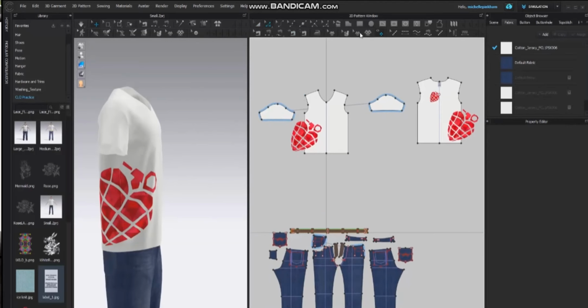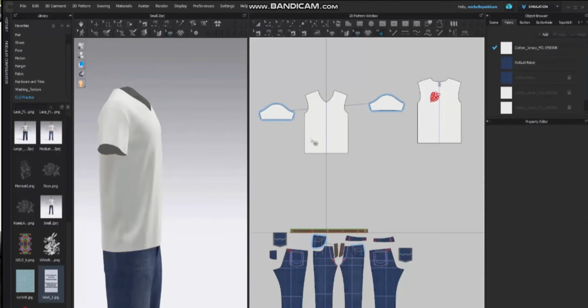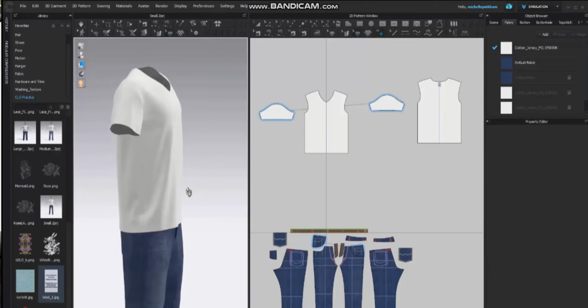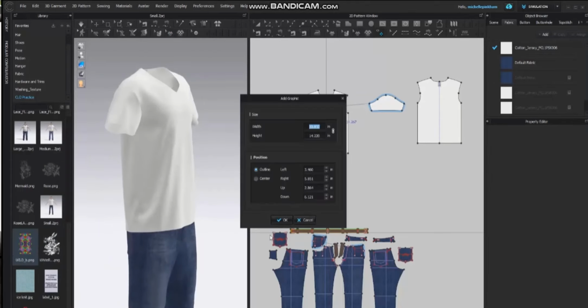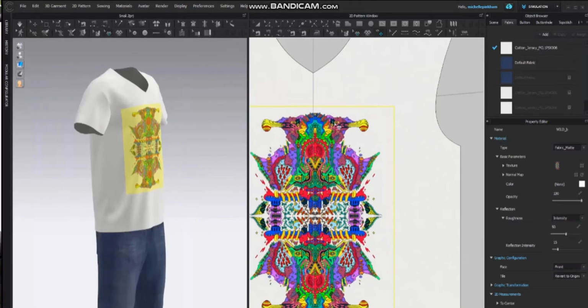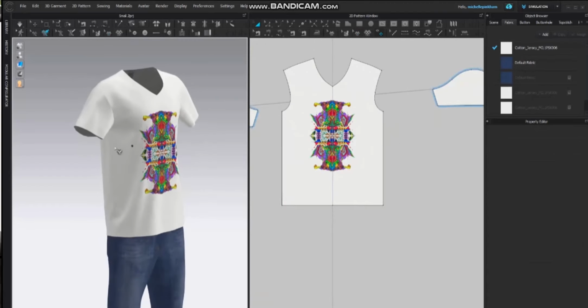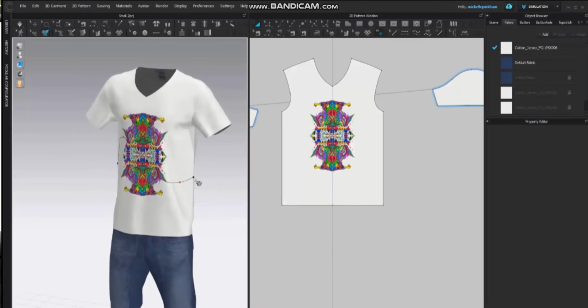So for example, I'm going to go ahead and just delete this giant graphic on my side panel. I'm going to delete this. I'm going to add a new graphic, place this image down. So here I've placed a graphic down first. If I draw any style lines on my garment after I've placed the graphic down,